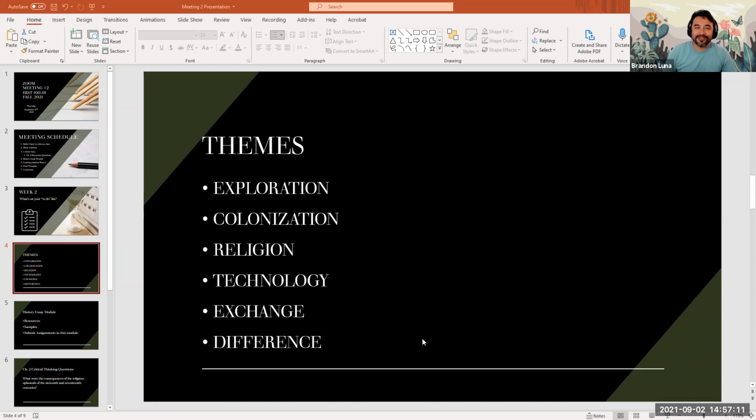This is my first time using it in a Zoom meeting, but I want to just use the theme of colonization. Let's use that because I have a Jamboard set up. So what I'd like you to do, let's take a few minutes, write down the term colonization or the theme of colonization. And what are some of the ideas, words, examples that come to mind as you write this theme down?